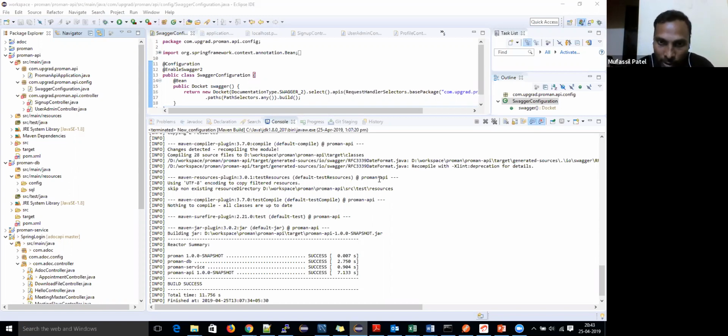In controller, all your APIs are defined: your URLs, your endpoints, and everything, right? And from client request to fetching your data from database and sending the response back to the client,